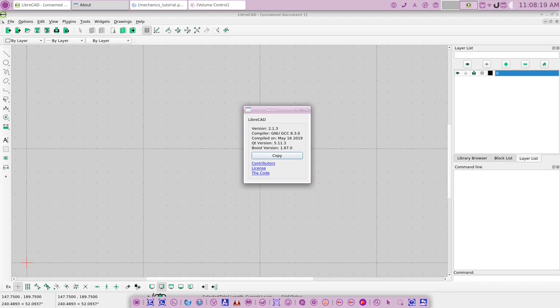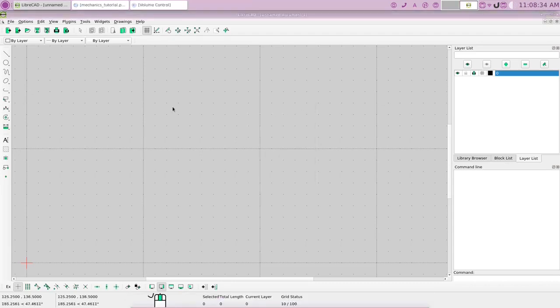It was first released some years ago, and it has had regular updates, but LibreCAD is due for a new major release, and it will be coming out sometime in the near future. Okay, so once we've opened up our